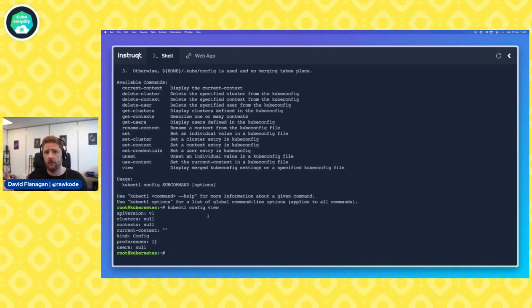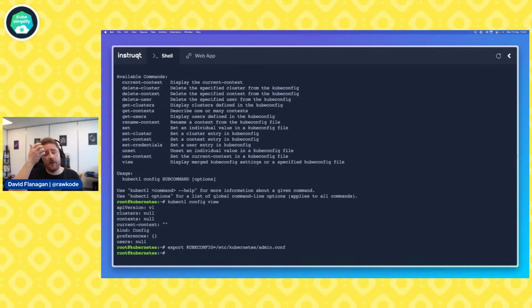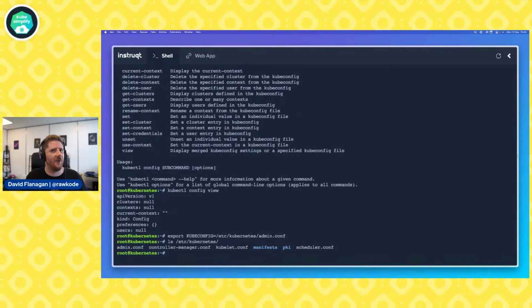Now, for all kubeadm clusters, there's a magic incantation we can use. I say magic, it's not really magic, it's just convention, I guess. And magic sounds nicer. We can say that KUBECONFIG is equal to a file on our disk, and kubeadm always, unless otherwise configured, creates all of the kubeconfigs for each of the special roles for the control plane components inside of /etc/kubernetes. So we have an admin.conf, we have the controller-manager.conf, we have the kubelet.conf, and the scheduler.conf. These names hopefully sound a little bit familiar to you.